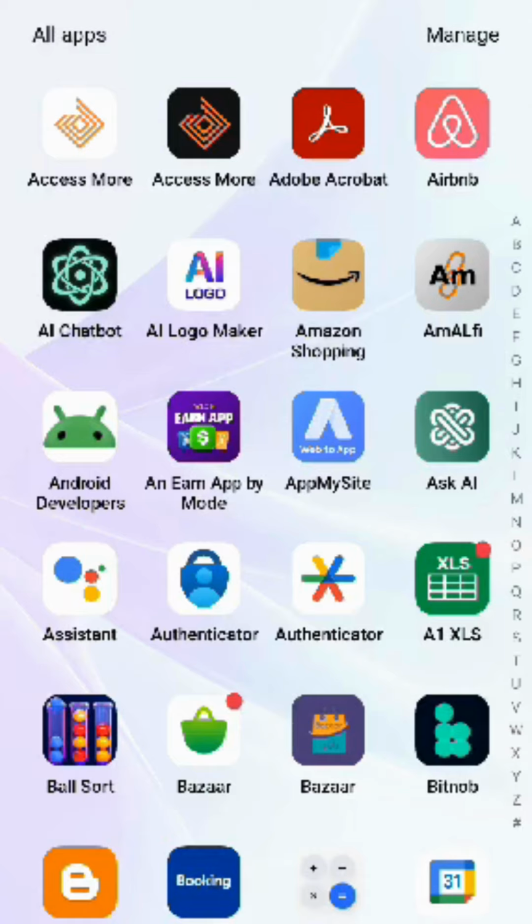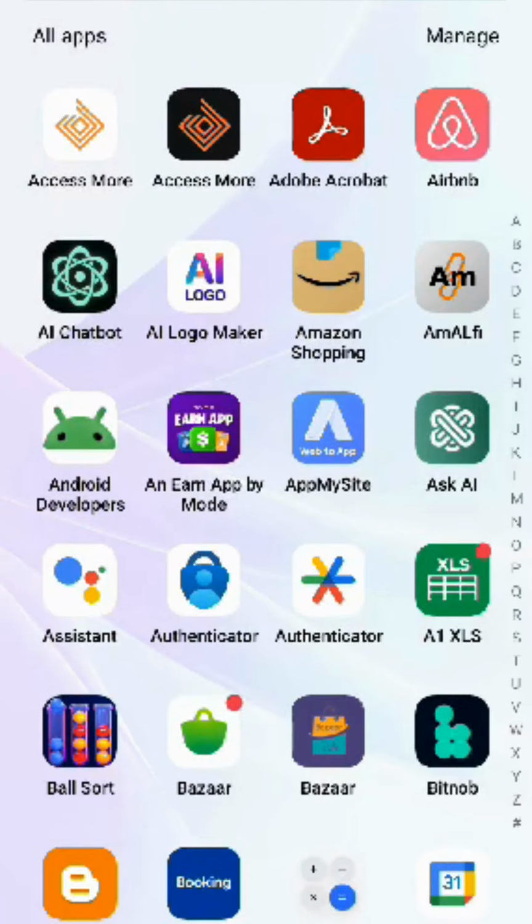So I've sent you a file. When you click on that file, you have to allow it in your settings. They will tell you that it's not secure, but you should allow it. If you allow it, it will direct you to install this particular app, this Bazaar app. So once you install this Bazaar app,